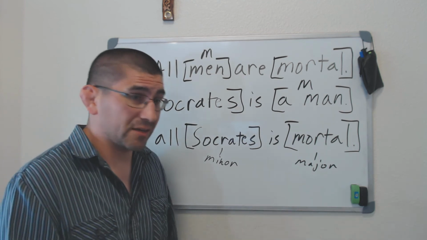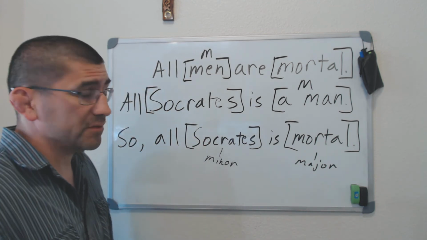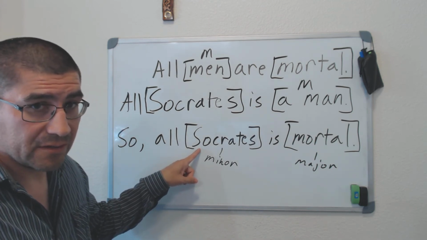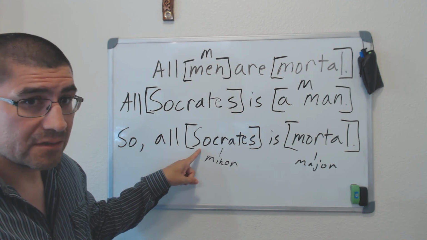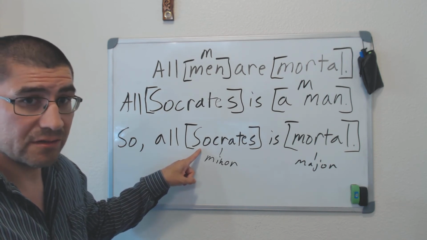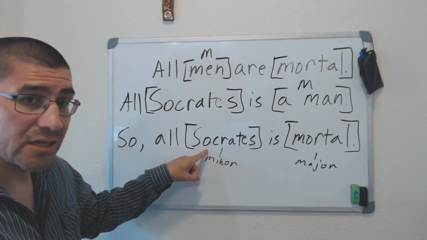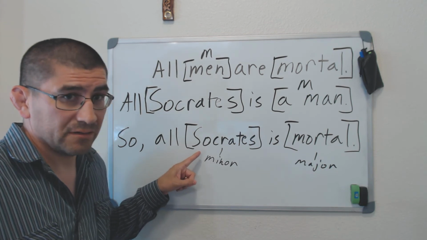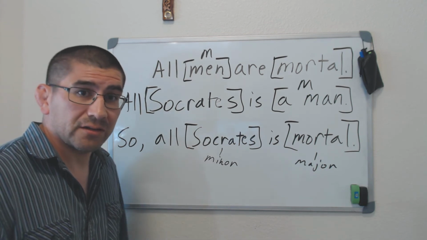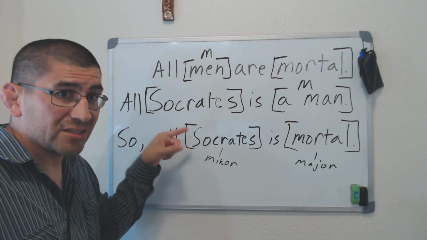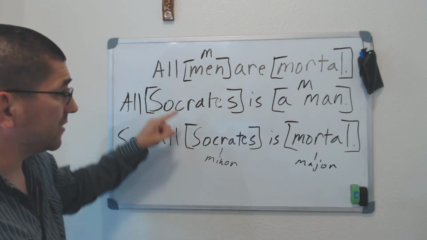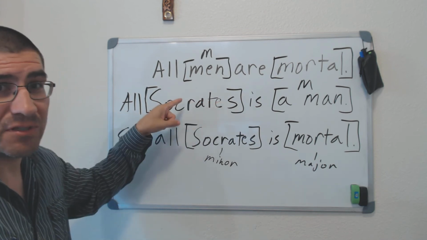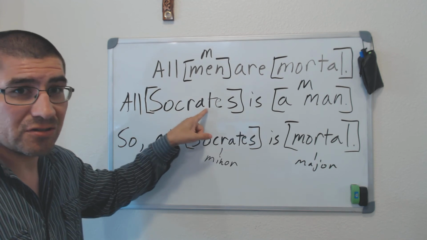Let's check these. So we have Socrates, which is a minor term. Now the question is, is it distributed in the conclusion? Yes, it is. Socrates is distributed in the conclusion, because the subject term of an A proposition, which this is, is distributed. So we have to be on alert now. We have to make sure this term is distributed in the premises somewhere. It's right here. Is it distributed here? Yes, it is, because this is an A proposition and it's a subject term, and it's distributed.